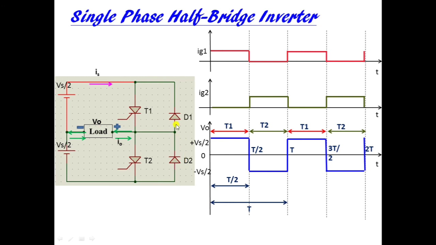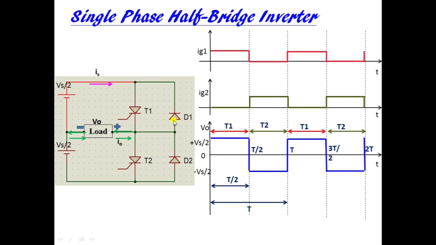What is the function of these diodes? Let us consider an example. Let us consider this current is flowing when T1 is turned on and it is completing its path like this. Okay, these green arrows. Now when the gate triggering pulse is removed from the gate terminal of T1, T1 is turned off and this current is still flowing here. Okay, the current was lagging the output voltage, so current is still flowing. So that current will now take this path through the diode, and then through the diode it will complete its path, and here the energy is fed back to the source. If you see the direction of current, energy is fed back to the source now.